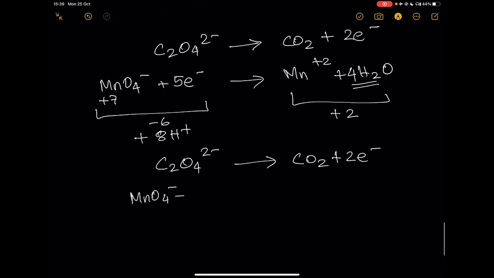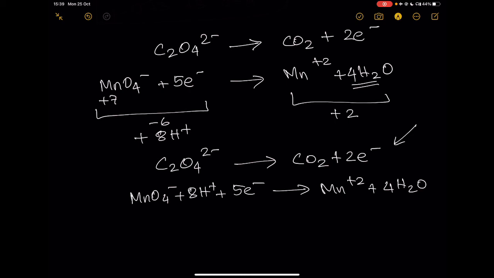MnO4⁻ + 8H⁺ + 5 electrons becomes Mn²⁺ + 4H2O. So if these two are the reactions that are happening, remember all that oxalic acid could furnish is 2 electrons. On the other hand, the permanganate requires 5 electrons for it to be happy. So the immediate thing that we end up doing is to multiply the oxalic acid equation by 5 and the